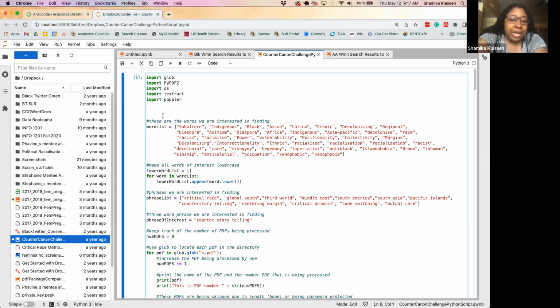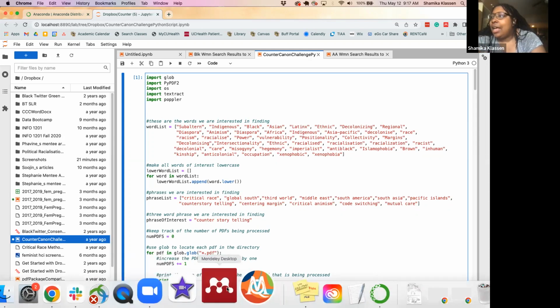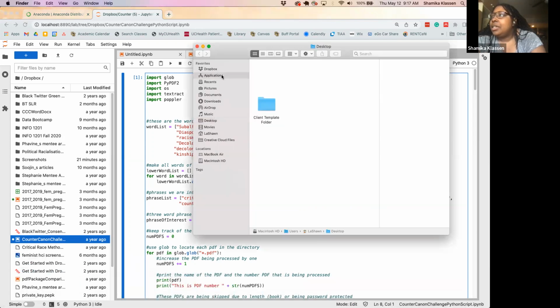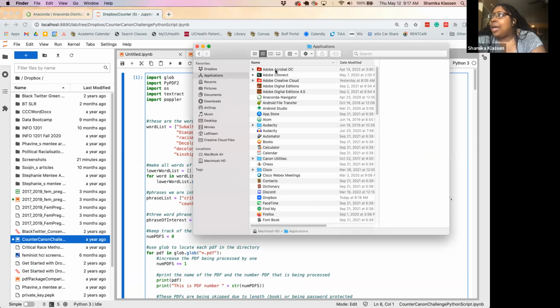If you've ever used a PDF and tried to highlight the text on it and it doesn't highlight, then that PDF has not been OCR text recognized. And I believe I have Adobe Acrobat here,